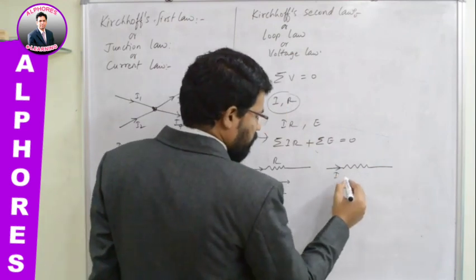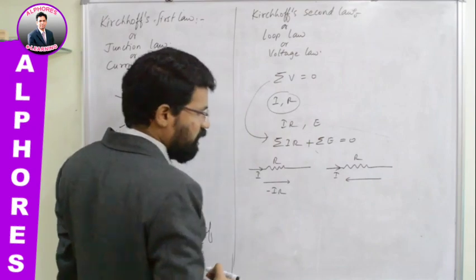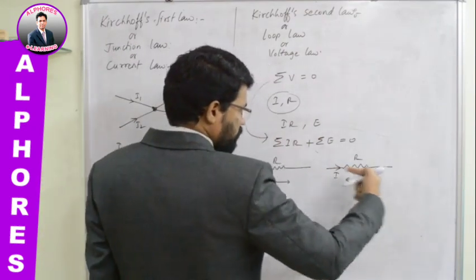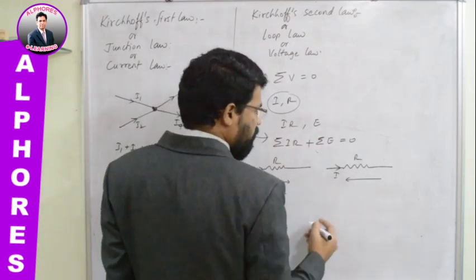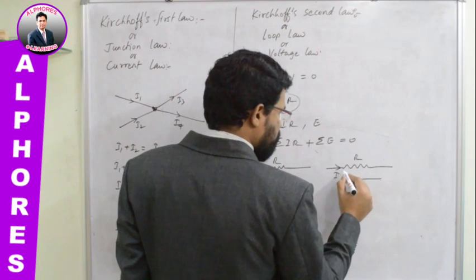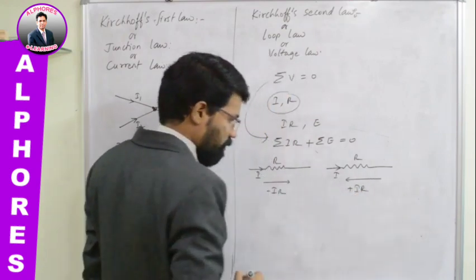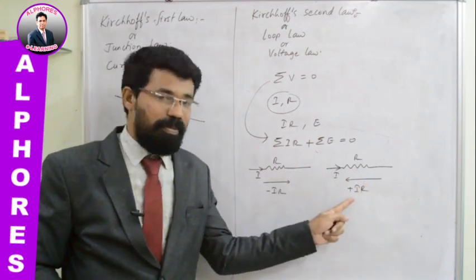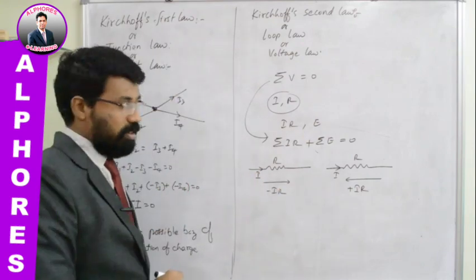The same picture I will draw again. This is the direction in which current is flowing. This is the resistor. Now I am tracing this resistor in the opposite direction to the flow of current. Current is towards the right and I am tracing towards the left. So if I am tracing the circuit opposite to the current direction, then you can take the potential drop across this resistor as plus IR. Along the direction, minus IR. Opposite to the direction, plus IR. So that's one sign convention connected with the potentials.